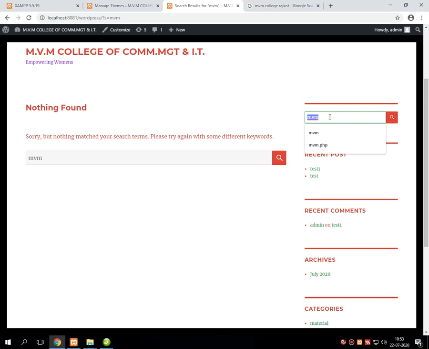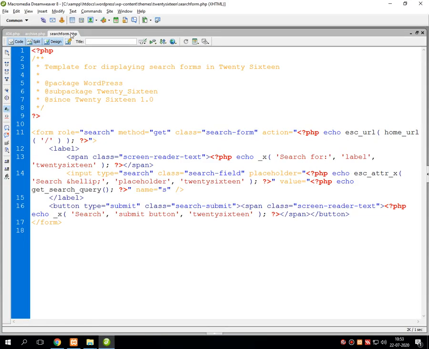I am searching for an MVM post which is not available in the listing of the entire page. At that time we get a bigger text box. That bigger text box will be displayed using the file called searchform.php.